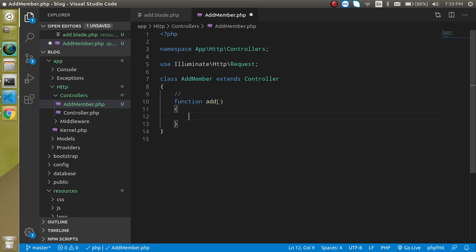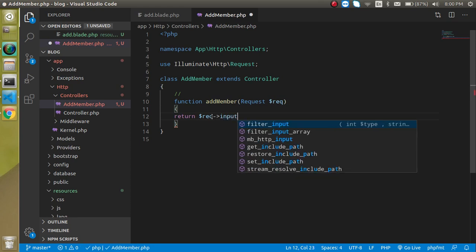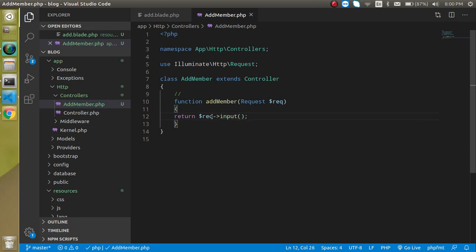Or you can put here add member, because add can be a default function. And here we can simply return the request for a moment, so that we can see what data we are actually getting here. So let's pass a request type parameter here, $req, we can put the name of it, then simply use $req input so that we can catch all the inputs from it.